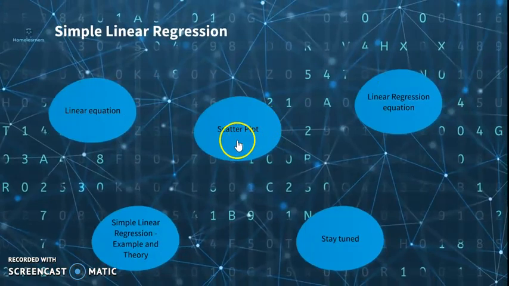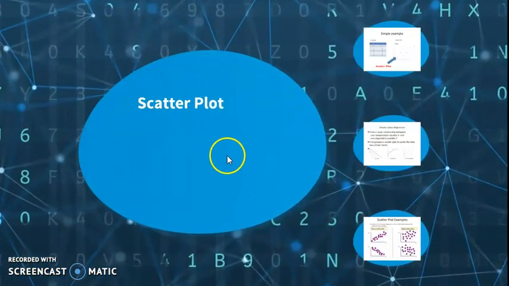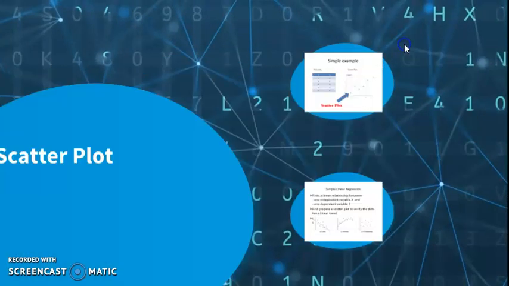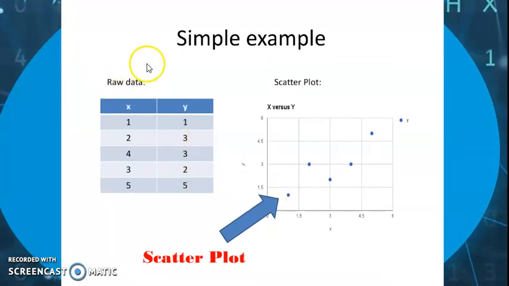Now we come to a very important topic in linear regression, that we call the scatter plot. You all know a bit about this. So what's a scatter plot? When I have raw data in terms of x and y, I plot it on a 2D graph. That is what is called a scatter plot. So for my x, I have the inputs 1, 2, 4, 3, 5. On my vertical axis, I have y, that's 1, 3, 3, 2, 5. So for every value of x, I plot the value of y. That's a simple scatter plot.